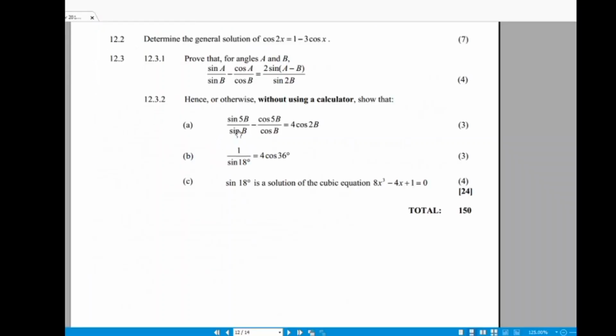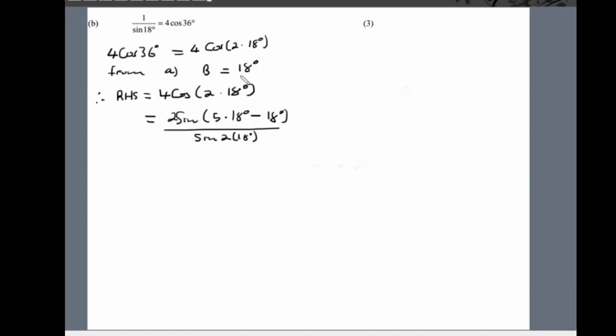From question A and question 12.3.1, because B is equal to 18 degrees, right? Now from your calculator, if you say 5 times 18, you will get 90 degrees. So this will be equal to 2 times sine 90 degrees minus 18 divided by,